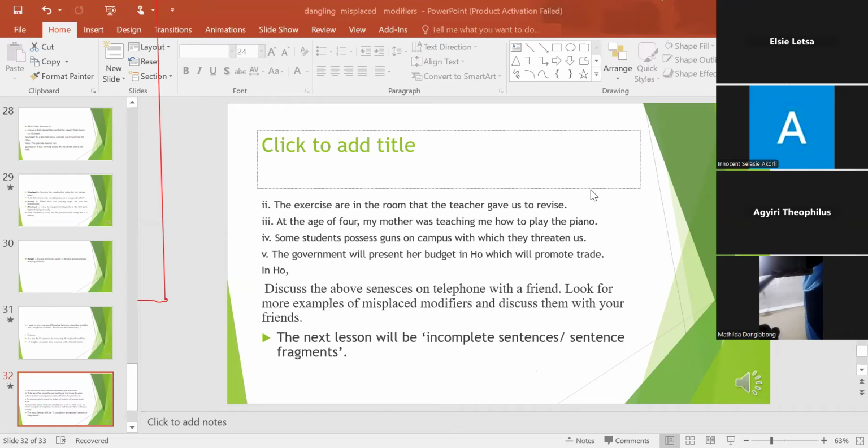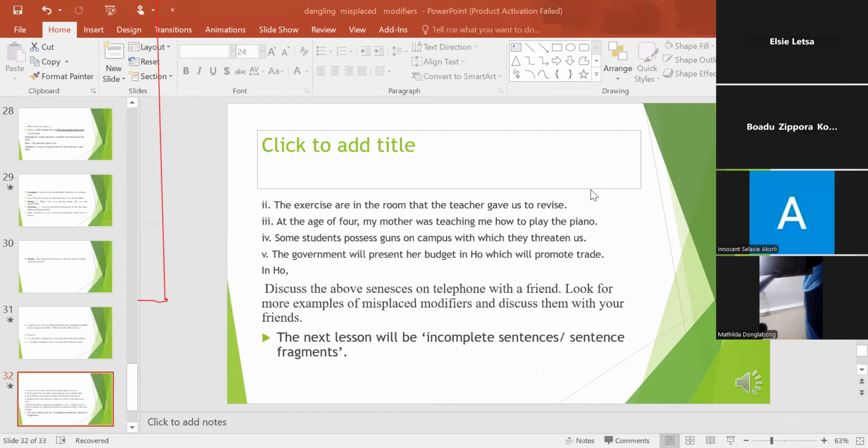What is it that is there? Yes. Because if the guns are supposed to, if from the sentence, the guns are not, say